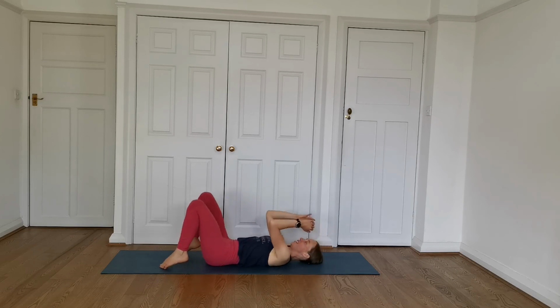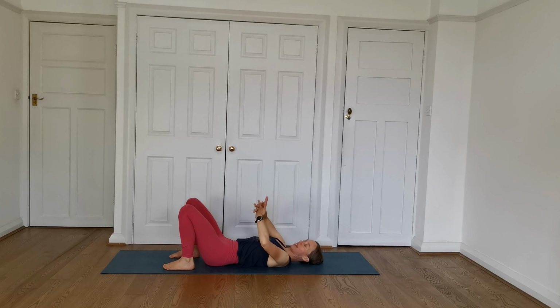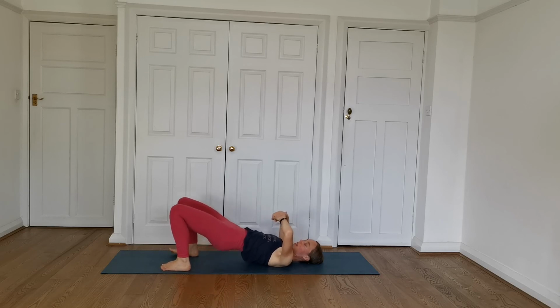Quite nice. So if you interlace your fingers and then turn your palms up, just like you would push the ceiling away. Just make sure the hands are not over your head, so they're just over the top of your sternum there, so that you can release your shoulder blades down here, so they're not in front of your face. So as we inhale, we're going to lift the hips up, just a gentle lift, and bend